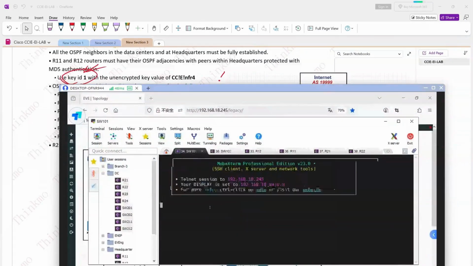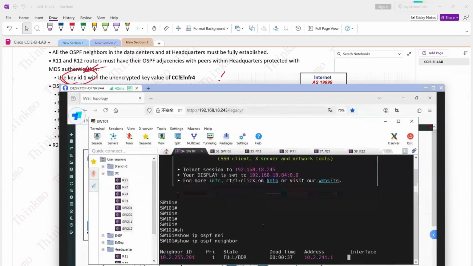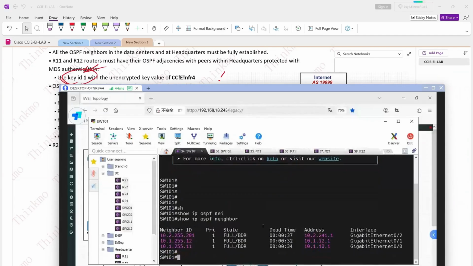We'll start from SW101, okay, 101. Now for this, the internal interfaces need to have authentication enabled, right? Let's look at its OSPF. For OSPF, I already have three neighbor relationships established, but it's just that these two interfaces need to have authentication